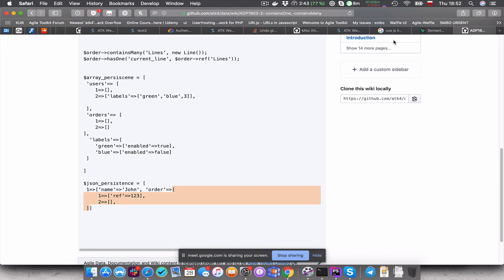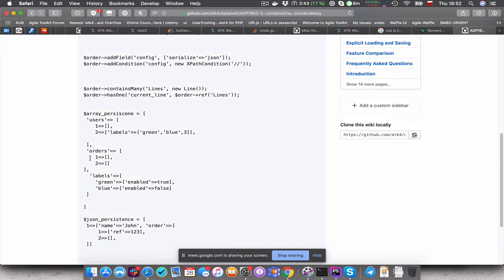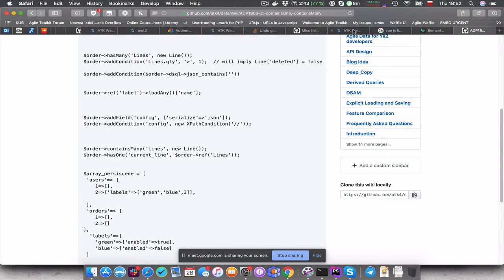So if you have a serialize field which is set to JSON, then the persistence is required to take the array or object or whatever the value of that field is, encode it into a string using JSON encoding, and then store it as a string. So that means it doesn't use native support for JSON. But if you remove the JSON encoding, then it is supposed to do it natively, and that's not supported right now. So we're only using serialized values. Next thing,